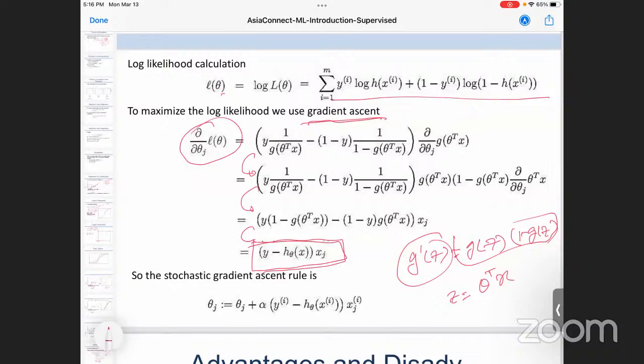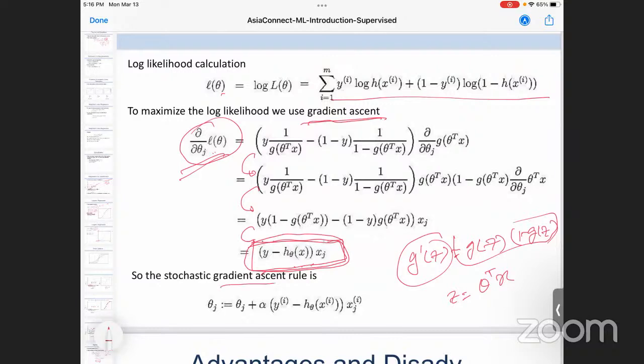Okay. So can you find the similarity between logistic regression and linear regression? We started with two completely different formulations, but it turns out that this derivative becomes the same. So we have the same derivative as in linear regression: y minus h theta x multiplied by x. Here also, y minus h theta x multiplied by x, right? Same function. So then you can use this one.